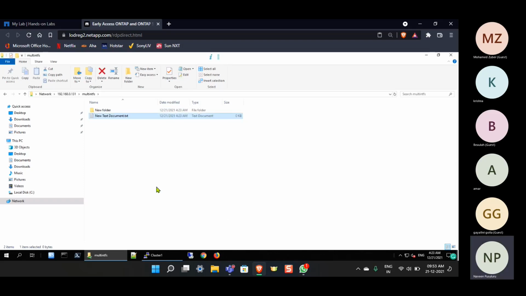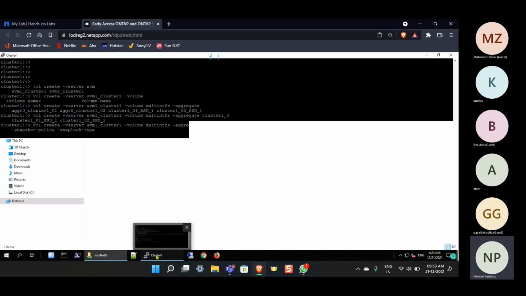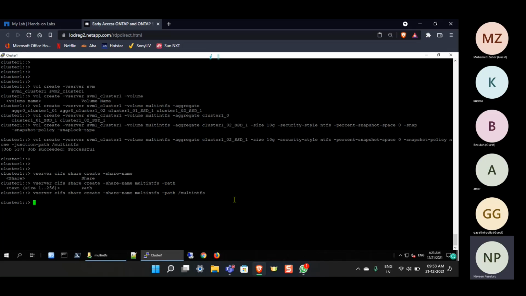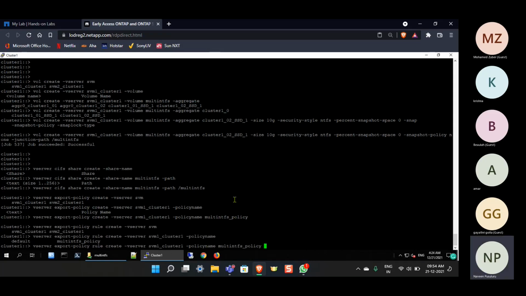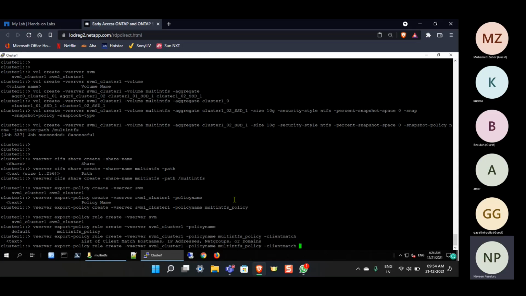Created a file, yeah. Now what I'm going to do, I'm going to create an export policy: vserver export-policy create, vserver name, policy name. I'm just creating the policy. Okay, now I'm going to create a rule: vserver export-policy rule create, vserver name, policy name, client match